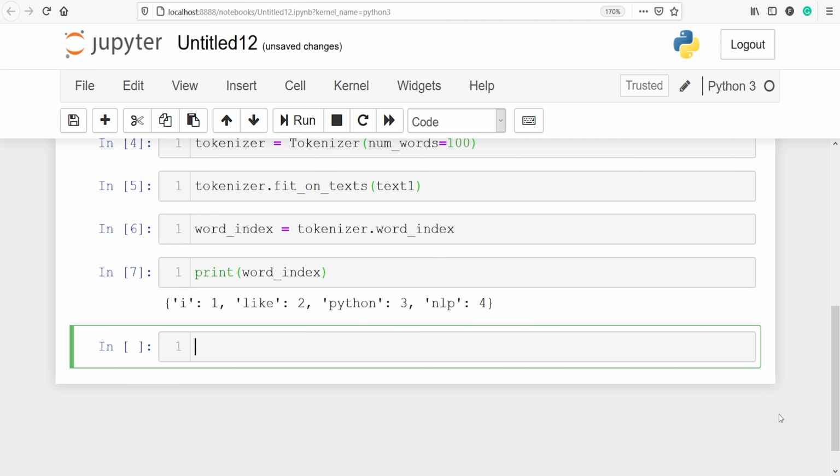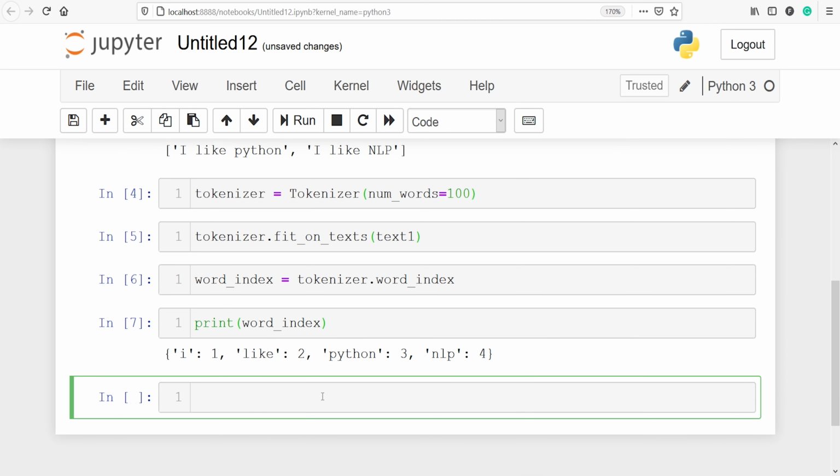Here you will notice that we have key values. So here I is the key and this 1 is the token. Then we have like and the value is 2, for Python 3, NLP 4.